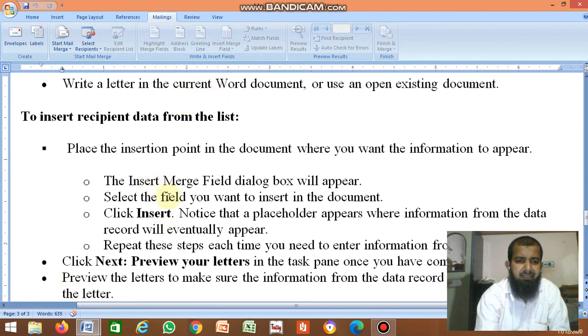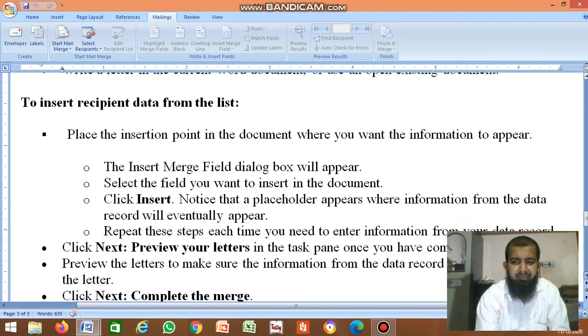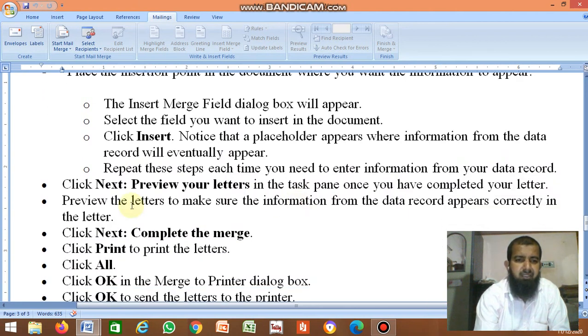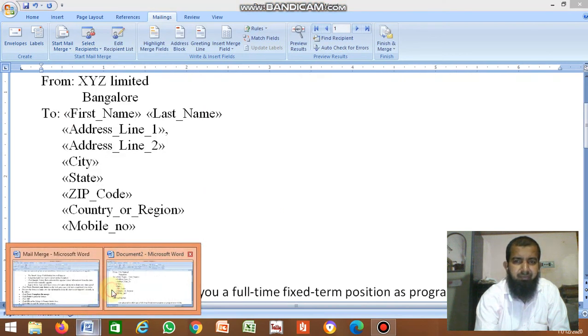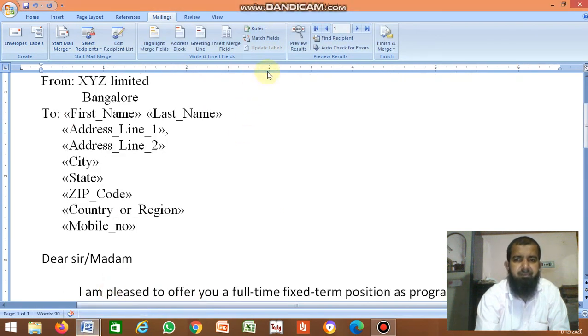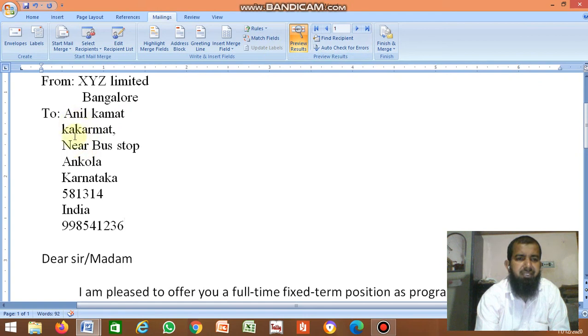After writing the letter and inserting the fields, click Preview Your Letters in the task pane once you have completed your letter. Just click on Preview Results. It displays all the names, whatever you entered, all the data.